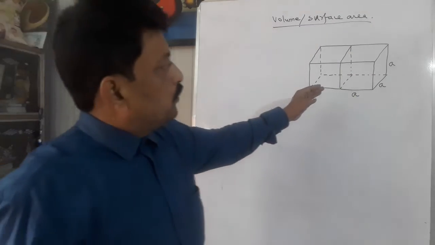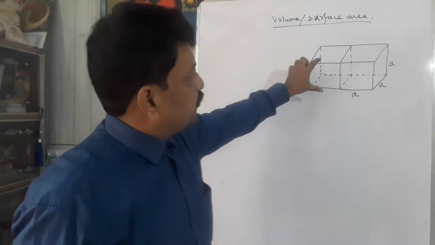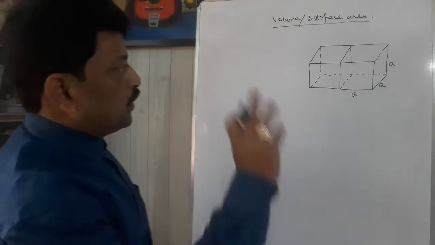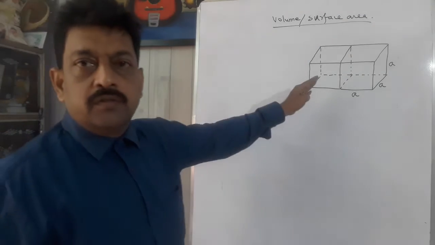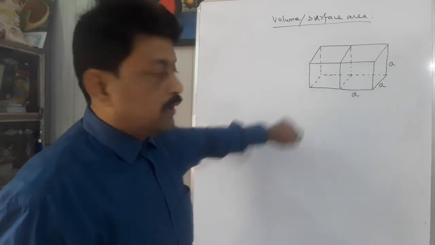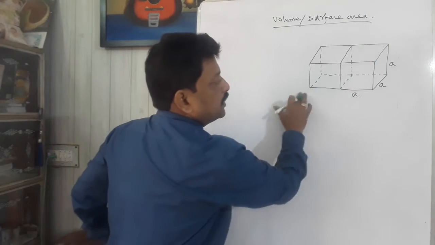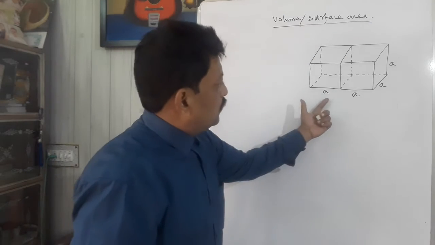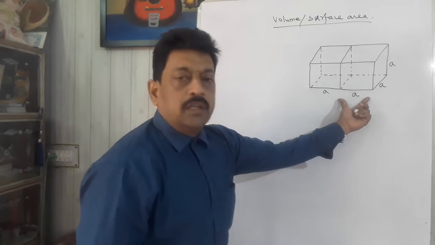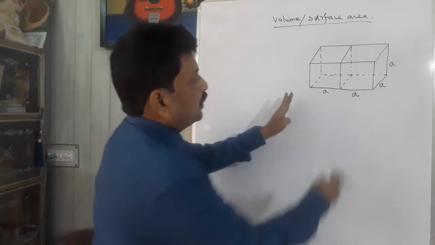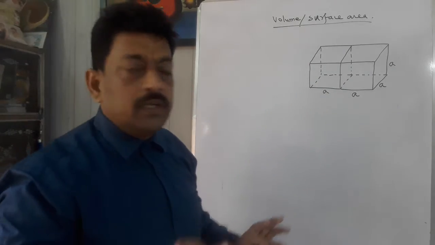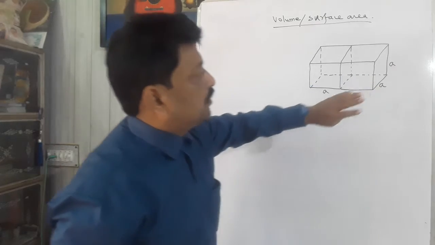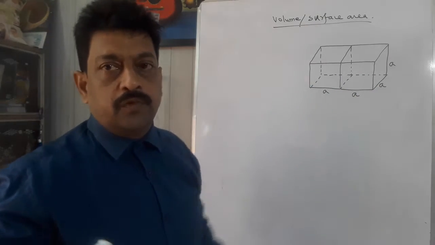So now you can easily understand that when these two cubes are joined together, a cuboid is formed. So what change will be there in the dimension of the new cuboid which is formed? Only the length will become double, because here is one more cube. Okay. So if the original length of the cube is A, now the total length of the cuboid so formed is 2A, double. Okay. But the breadth and the height of the cuboid will remain the same.